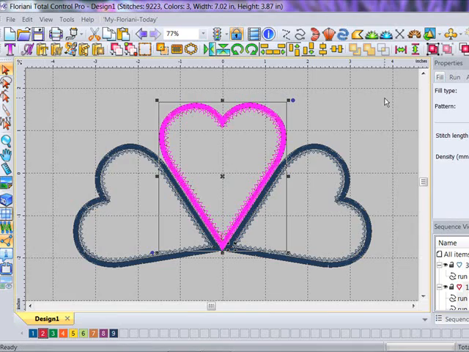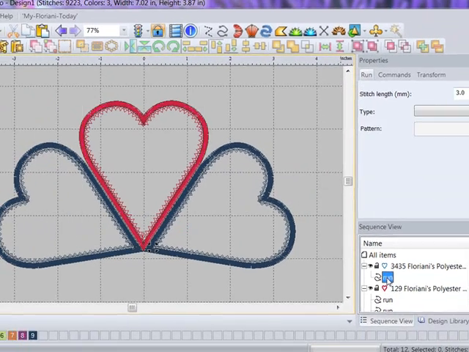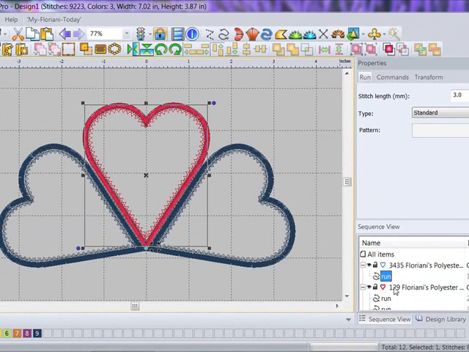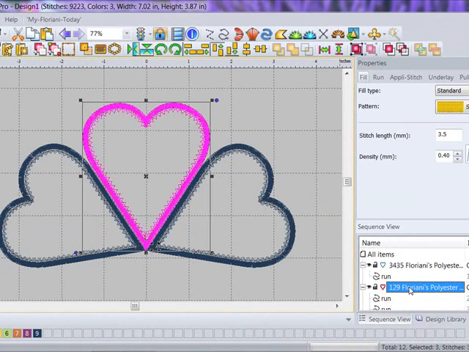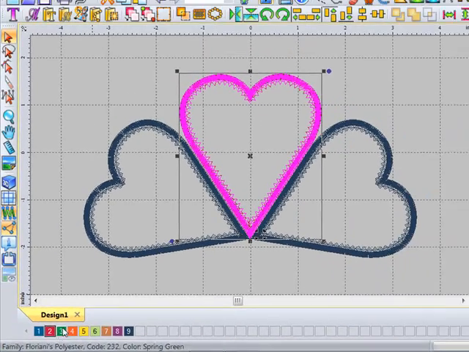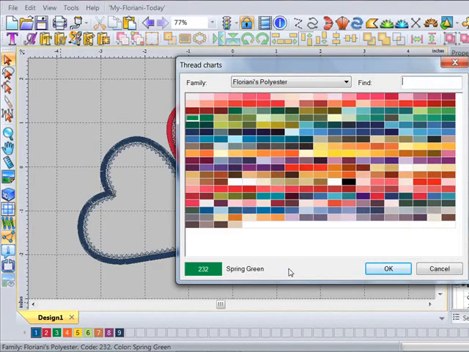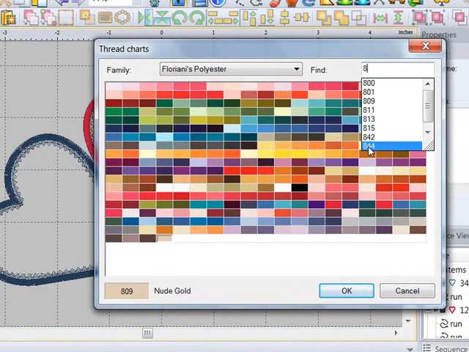So now I've got a tack down, a placement stitch, and now I have the rest of my heart finishing with the red. Now I'm going to take color number 3 and left mouse click on it. I'm going to let go of my selection. Nothing is selected. Left mouse click on color number 3 and I'm going to change it to color 800, which